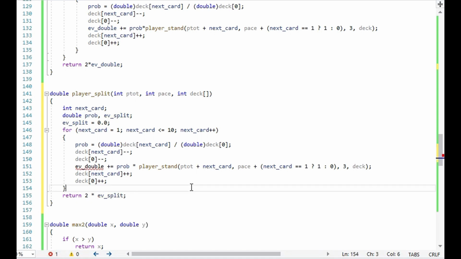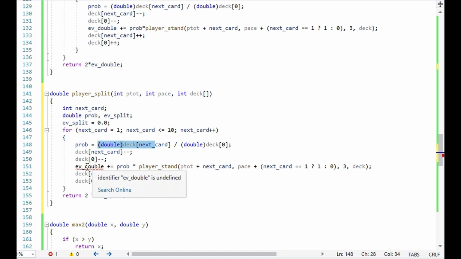Okay, so much like with the doubling function, we're going to cycle through whatever is the next card the player will get on top of the card that he split. So first, as before, we're going to find out the probability of getting that card, remove it from the deck, and then